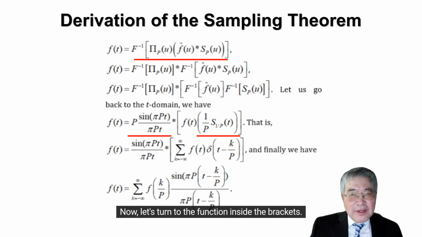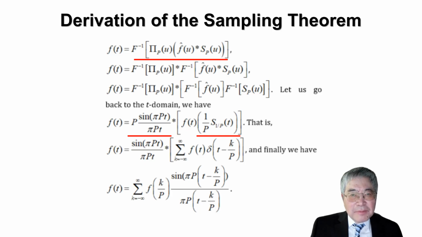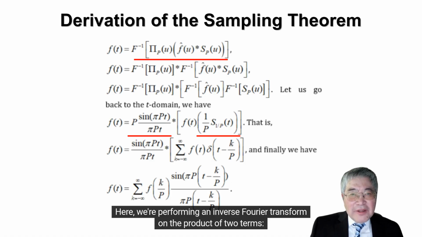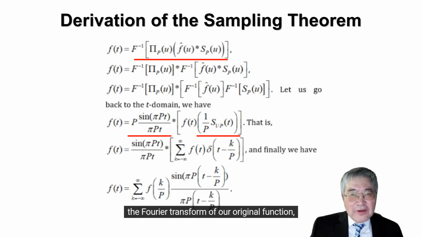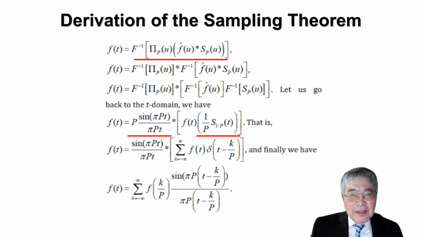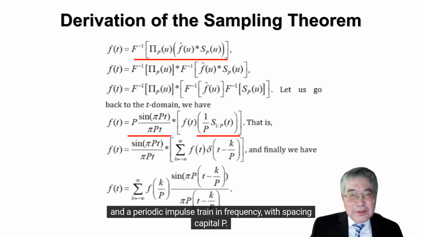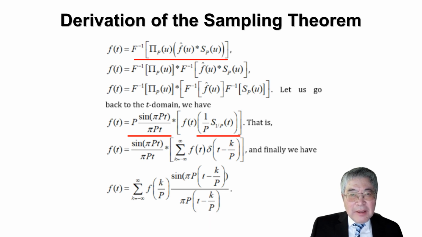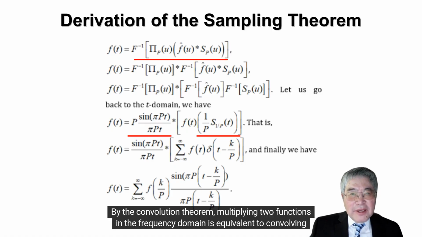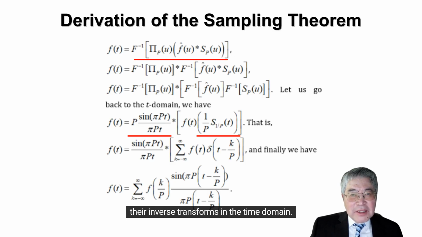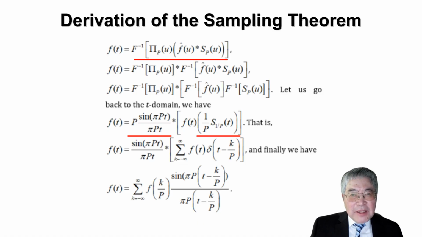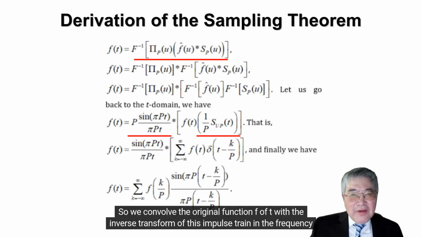Now let's turn to the function inside the brackets. Here we're performing an inverse Fourier transform on the product of two terms, the Fourier transform of our original function, and a periodic impulse train in frequency with spacing capital P. By the convolution theorem, multiplying two functions in the frequency domain is equivalent to convolving their inverse transforms in the time domain. So we convolve the original function f of t with the inverse transform of this impulse train in